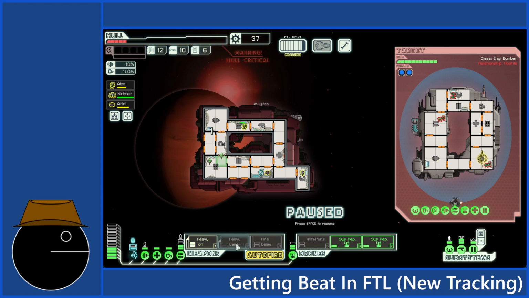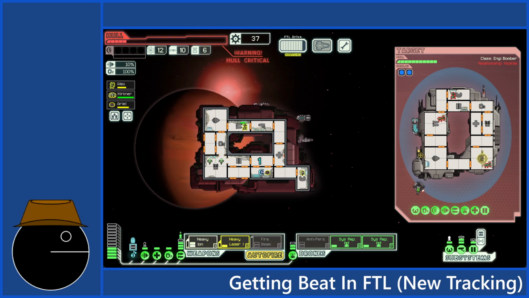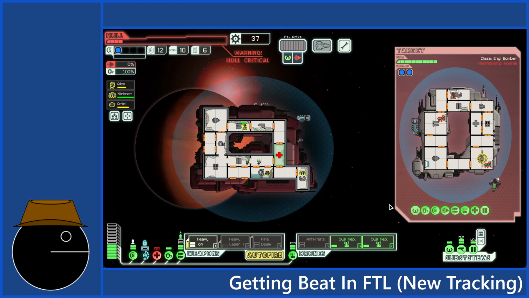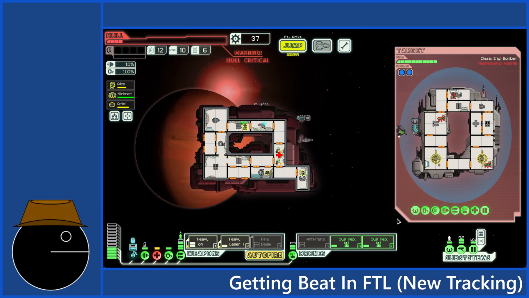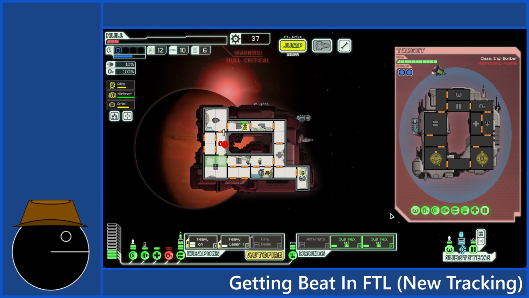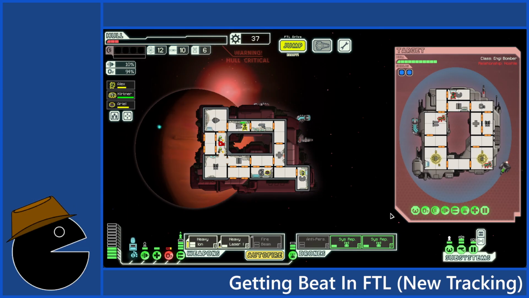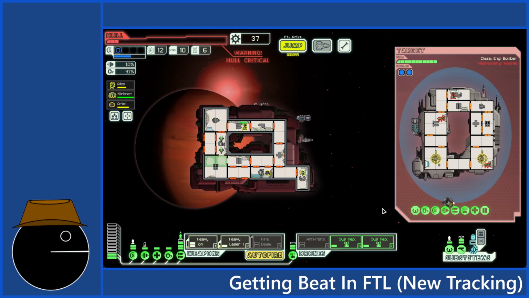Actually, I'm going to start heading with the heavy lasers simply because you have lower charge time. Let's see if I can ever get a shot off though, because they keep hitting my weapons. What is happening? I feel like I have not gotten a single shot off.